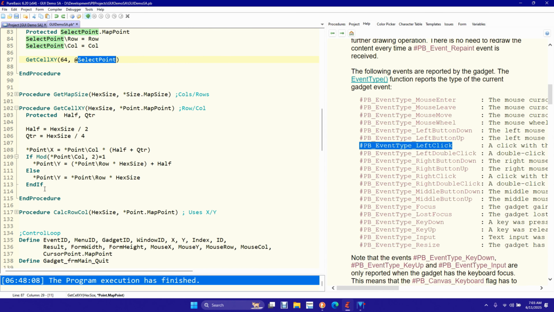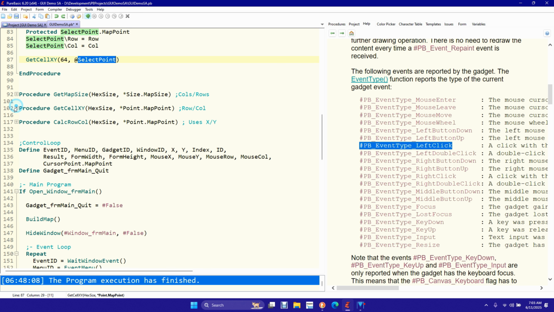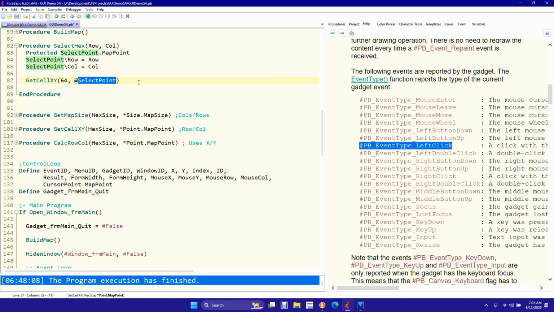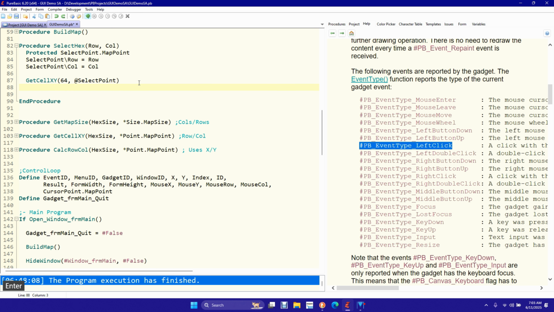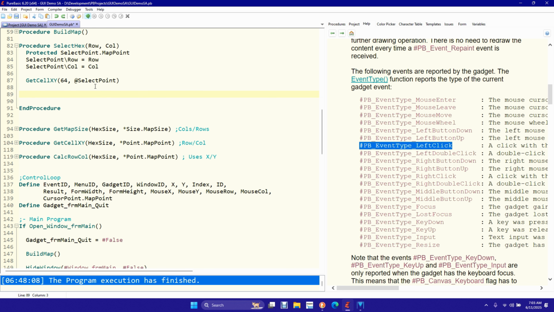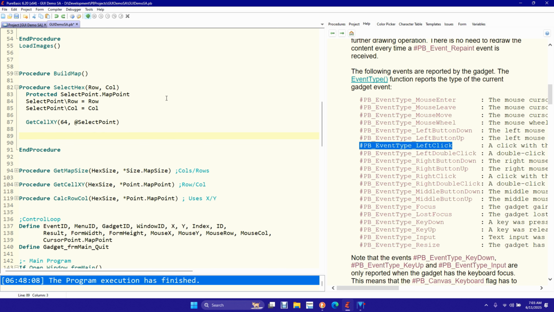Okay, so now what we want to do is create another layer to the map. I don't want to write on the physical map itself, because you're going to select a different cell. That means I'd have to erase this cell. So what I've created is this new